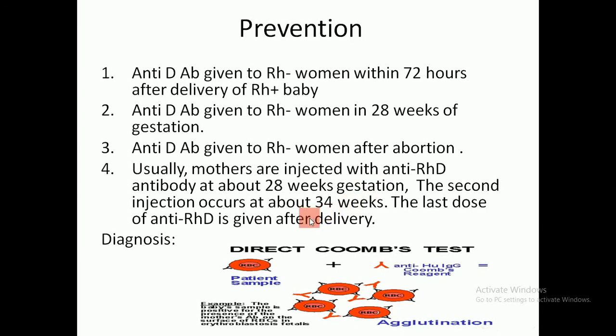And to detect this disease, we use the direct Coombs test. In order to diagnose this disease, we send the patients for the direct Coombs test. And here the patient sample RBCs are coated with antibodies, and then we add to it anti-IgG, which is the Coombs reagent. This reagent is anti-IgG, and this leads to